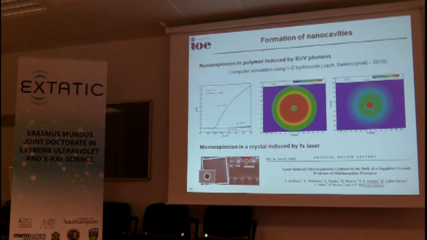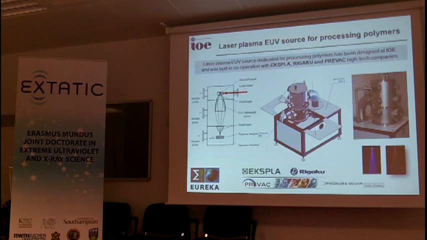From simulations made by Professor Jach in our institute, we estimated that the energy required to produce such a void, such a nanobubble, is on the level of 500-600 eV. So it means that a few EUV photons can produce such nanoparticles. Finally, under this project, together with Johannes Heinz and our colleagues from Lithuania and the Czech Republic,